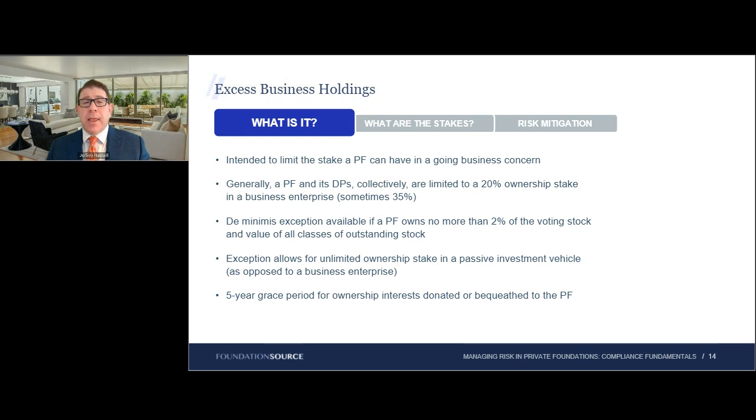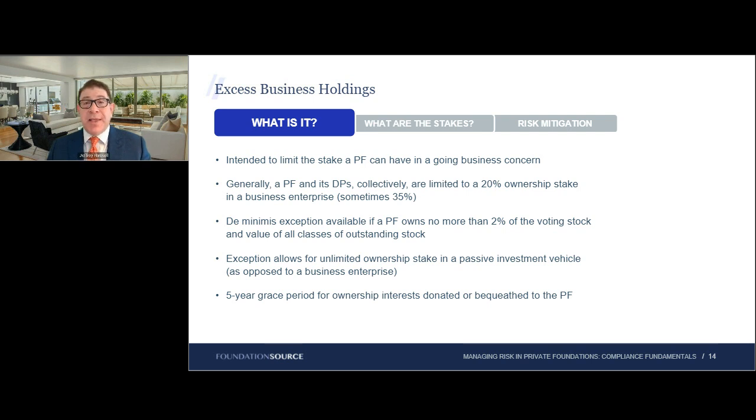And note that although an ownership interest in a passive investment vehicle is not subject to the excess business holding rules, a foundation may be deemed to have an indirect ownership interest in a downstream business enterprise that's held by the investment vehicle. For example, let's say a foundation owns 100% of a passive holding company, and that company owns 50% of an active business. So in that case, the foundation would be deemed to look through and have a 50% indirect ownership interest in